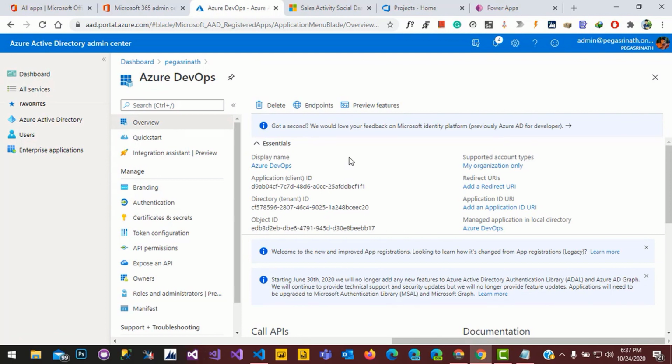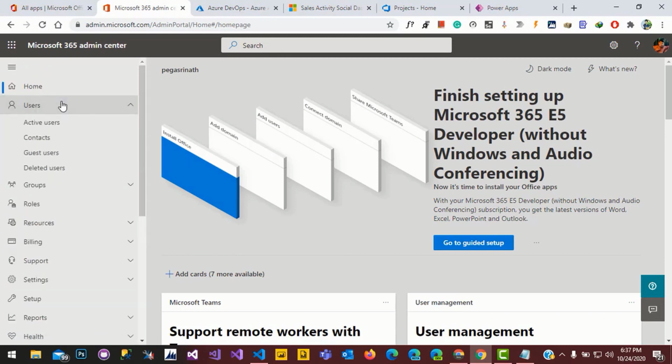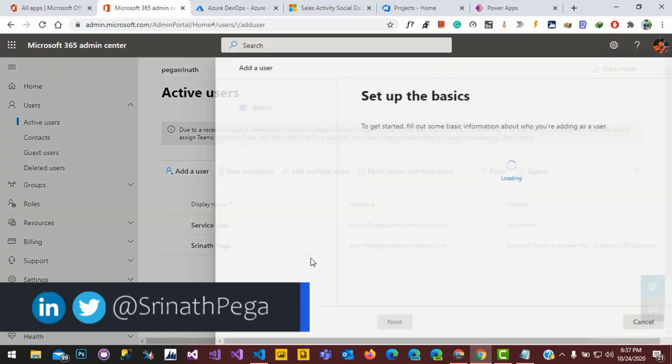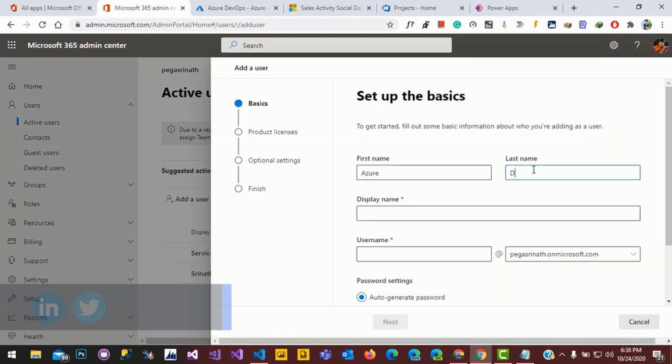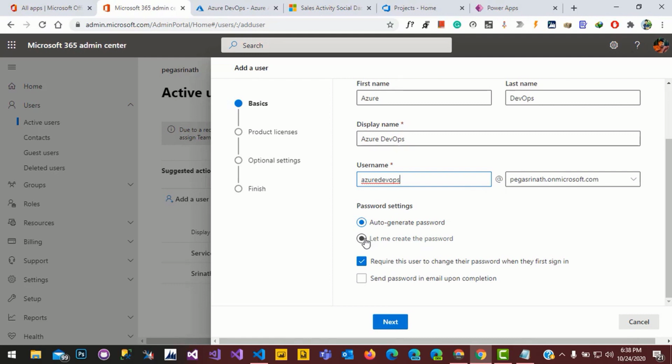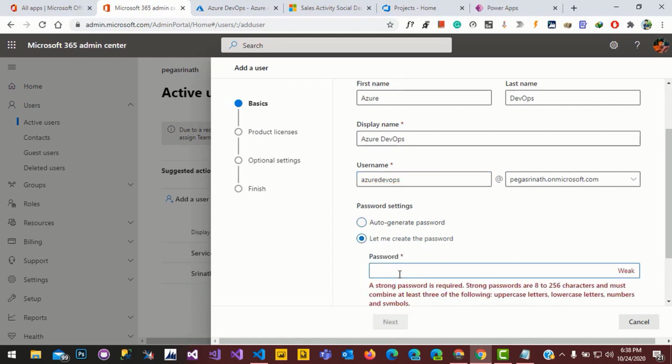Now we need to add the user in Dynamics. For that we need to go to Office again and add one user for Dynamic 365. Go to admin, go to users, active users. We'll add a new user. Password, let me create.